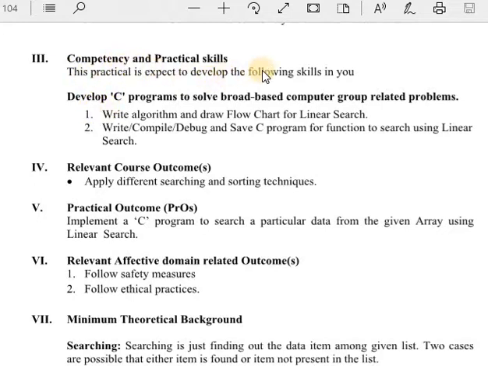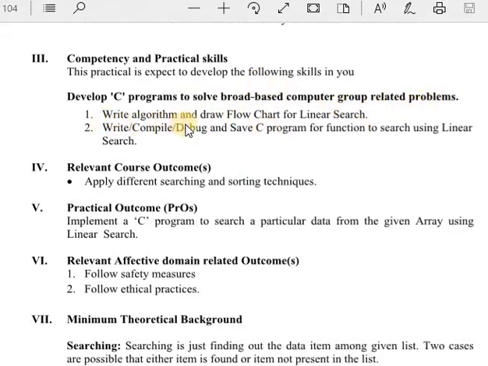Competency and practical skills. This practical expects to develop the following skills in you. Develop C programs to solve broad-based computer group related problems.